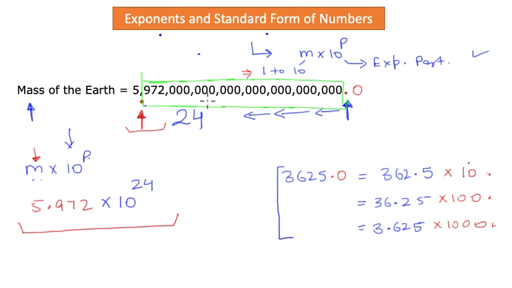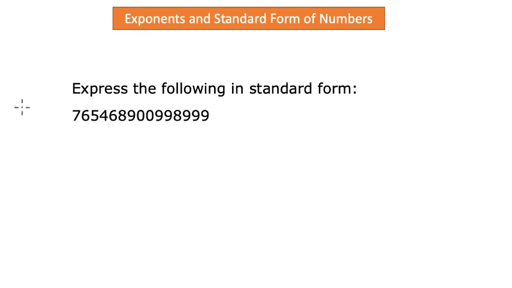Okay, let's go through one more example to understand this concept a little better. The example is, express the following number in the standard form, okay? So the standard form is m times 10 to the power p, and m is a number between 1 and 10. When I look at my number, it is given with the current decimal as written like this, correct? And we want this decimal, instead of being here, to be right here, where the arrow is.